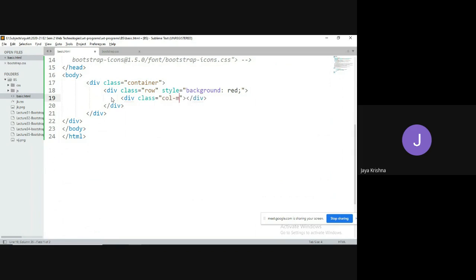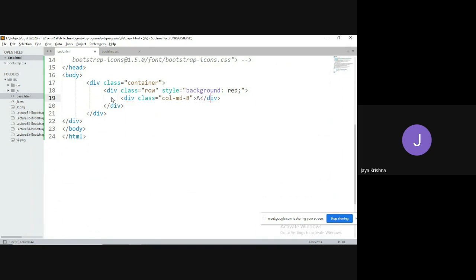But we can define how many parts it should occupy for each screen size. All this you can define. For example, for medium scale, if it is more than or equal to medium scale, I need to occupy the first column with 8 parts out of 12 parts.